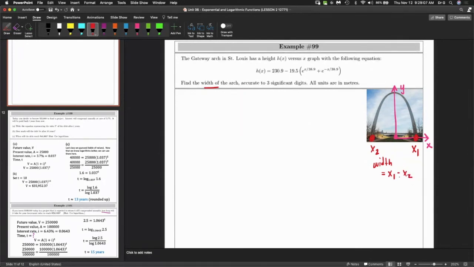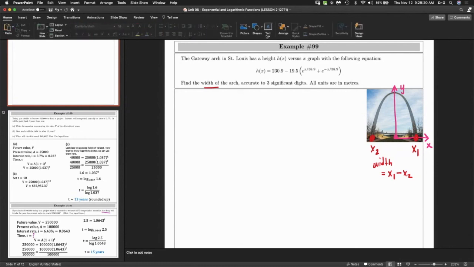So this is what the question's asking for, is what is the width of the arch? So we have enough information that we can proceed. This question really is going to challenge everybody in the class. This is definitely a scary question. So let's see if we can use the skills that I've provided you with to make sense of this question